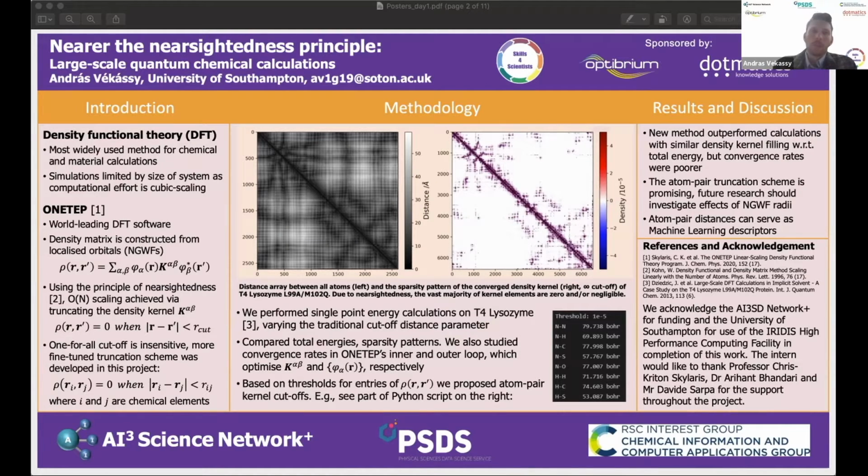Even though it is computationally more feasible to implement than the other quantum methods, large-scale calculations are still prohibited by the fact that computational effort scales cubically with the size of the system. So that's been an issue in the scientific community, and a software called ONETEP uses